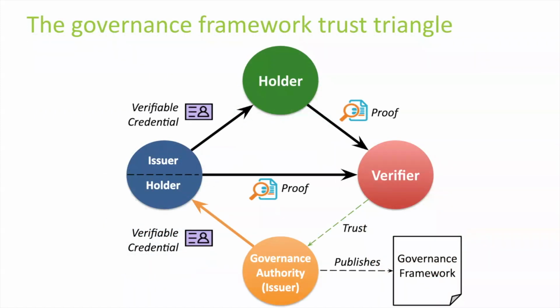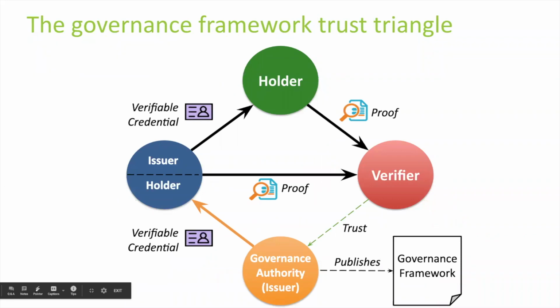The easiest way I've found to explain them is to point out that it's a second trust triangle. We show it here, we call it the governance trust triangle. And what you have is some governance authority that is basically aggregating a set of issuers into a community. And the verifier simply needs to know, I'm going to trust that governance authority because it publishes a governance